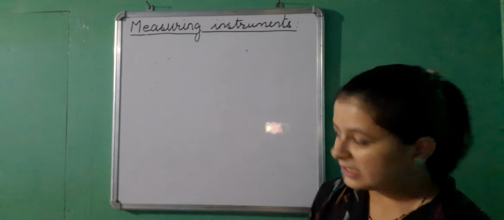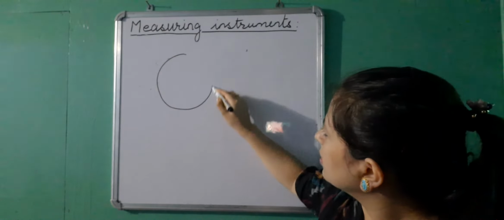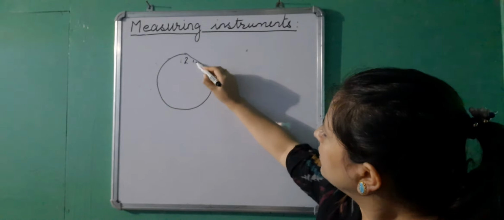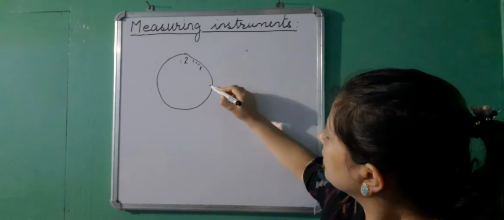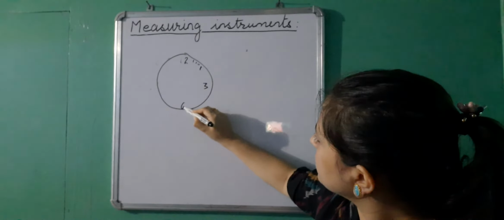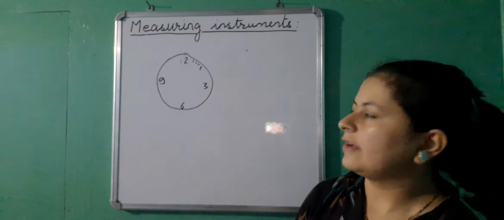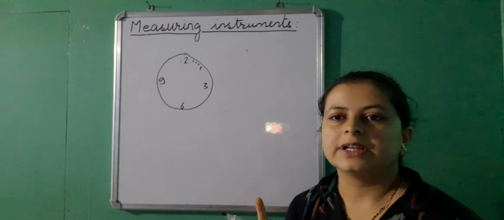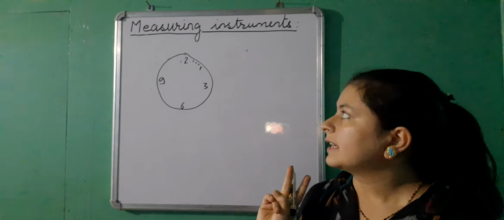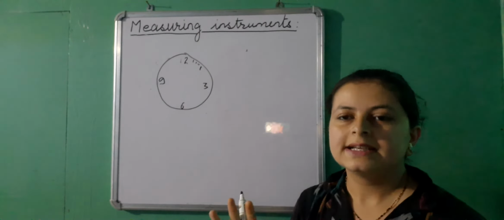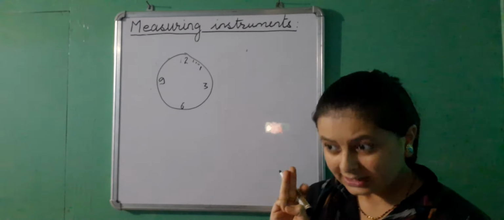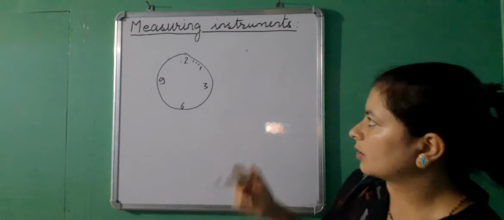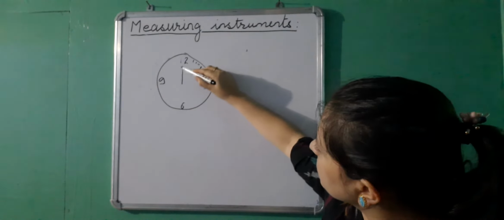Okay, the next instrument I'll take is a clock. All right, clock from 12 to 1, then we have a 3, 6, 9. Okay, and we all know that a clock has got 3 hands. Okay, one is called hour hand, that will give you an account of hour covered. Second is the minute hand, and the third one is the second hand. And this second hand is the hand that is giving you the minimum count of a clock. Okay, so I will just take the seconds hand.